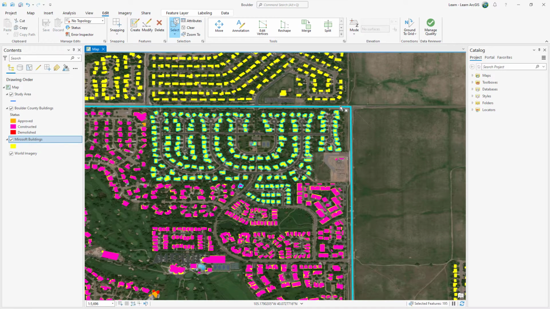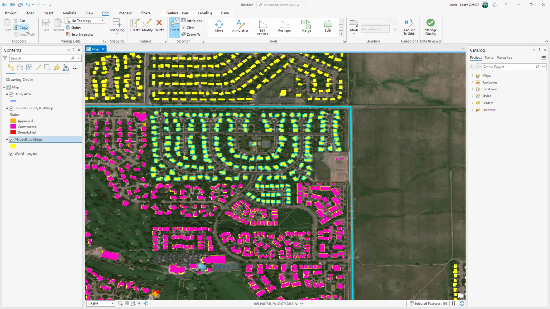It is okay if you also select the blue study area line, since the paste operation will allow you to paste only polygons and not lines. However, if you have accidentally selected any of the pink buildings, you will have to remove them from the selection set. Switch to the Rectangle Selection tool. Hold the Control key and click to deselect any unintentionally selected buildings.